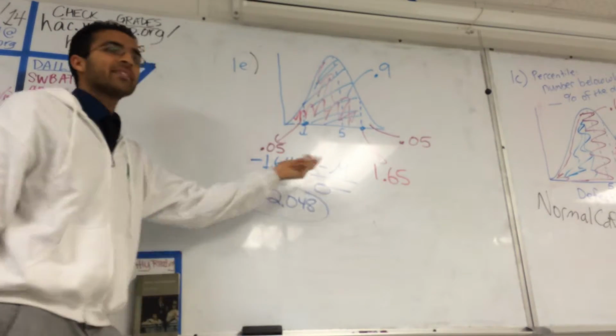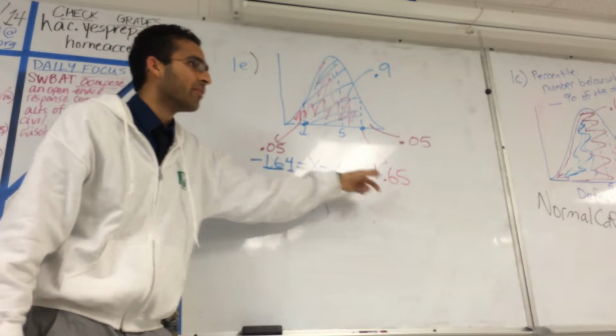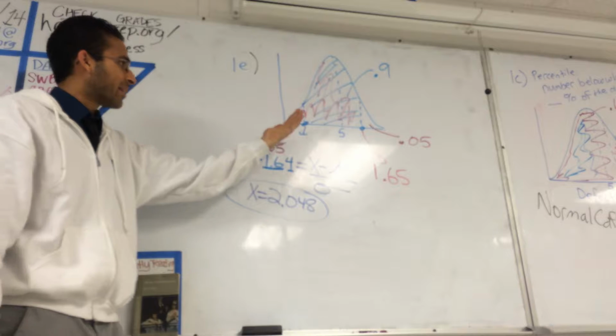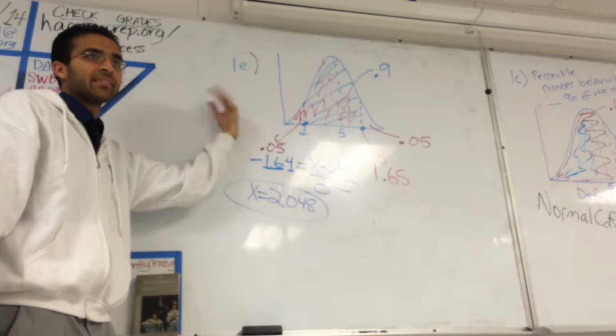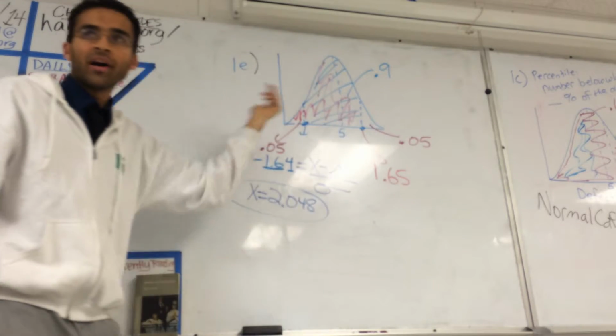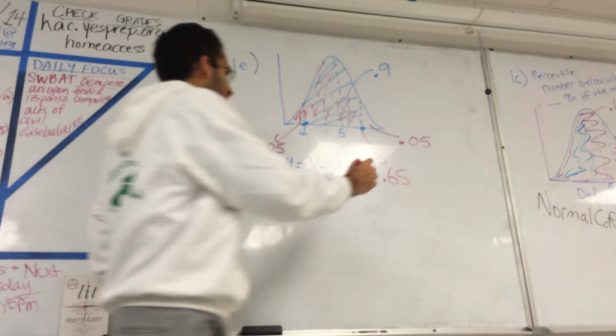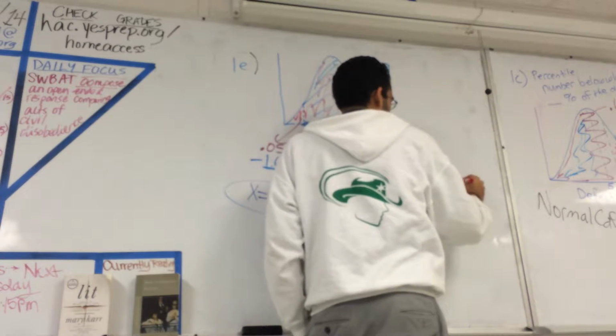By the way, notice how they're very similar. Hey folks, notice the similarity here. That makes sense because 5% of the data is less and 5% of the data is more. These are corresponding z-scores. One is on the positive side, one on the negative side. Anyhow, then we set this equal to x minus mu